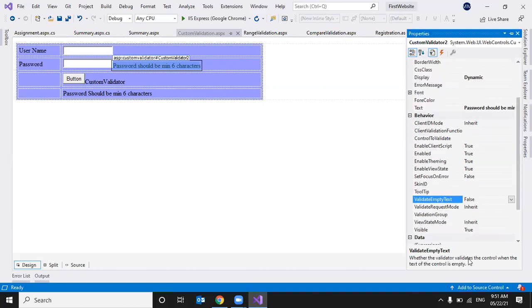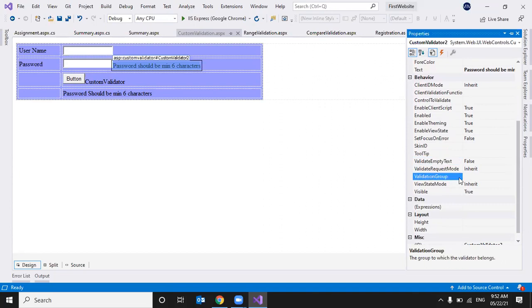Whether the validator validates the control when the text of the control is empty. Even if it is empty, if we want to validate it, we can set it true, otherwise false. There is no use, right? If you validate empty text, we can display error message. So that's why we can select false.